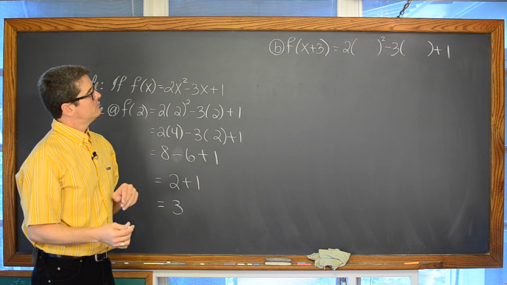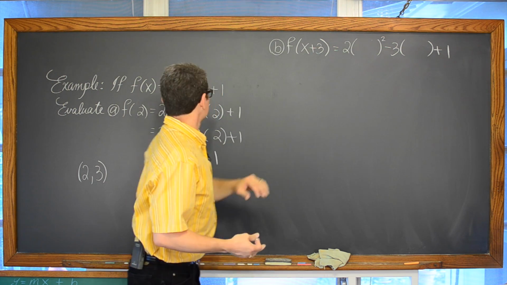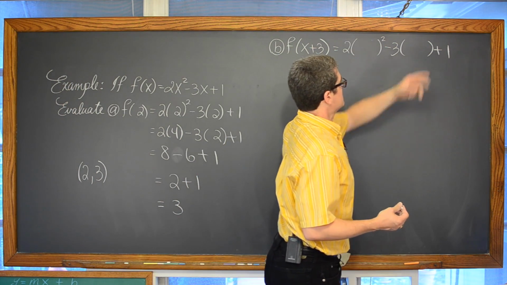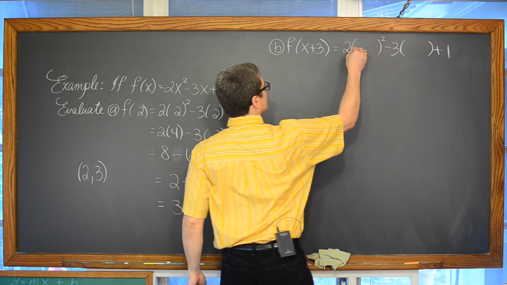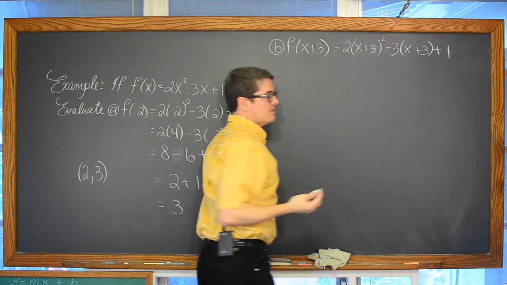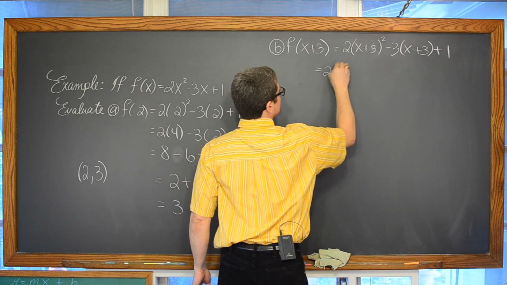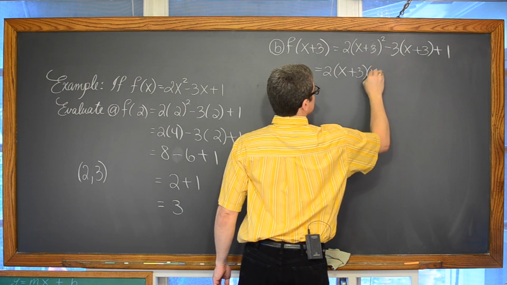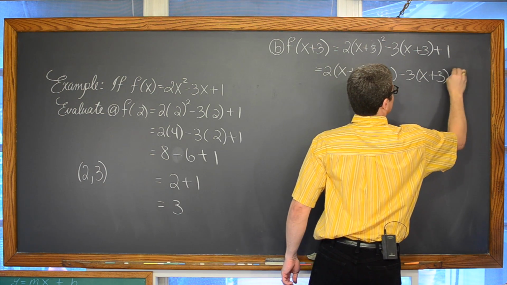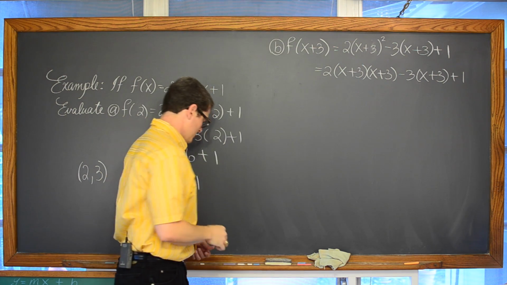And then go, well, that looks great, or that looks a little weird because it's kind of like a whole expression instead of just a regular little number, but it's okay. You know there's an empty space that's being squared and another empty space next to the negative 3. And then in that empty space, we're plugging in x plus 3. So we're going to have 2 times x plus 3 times x plus 3 minus 3 times x plus 3 plus 1. I'm just writing that x plus 3 out twice because there is an exponent of 2.